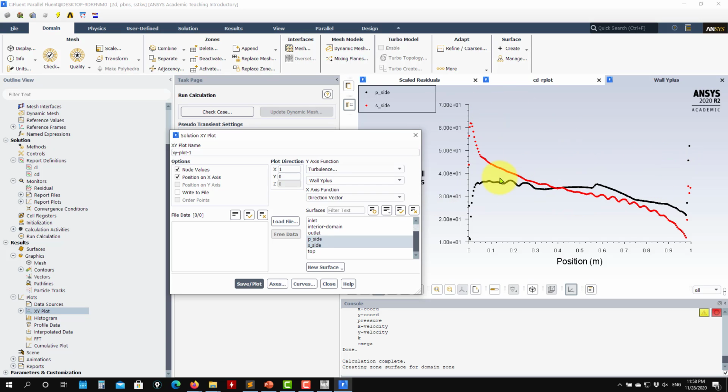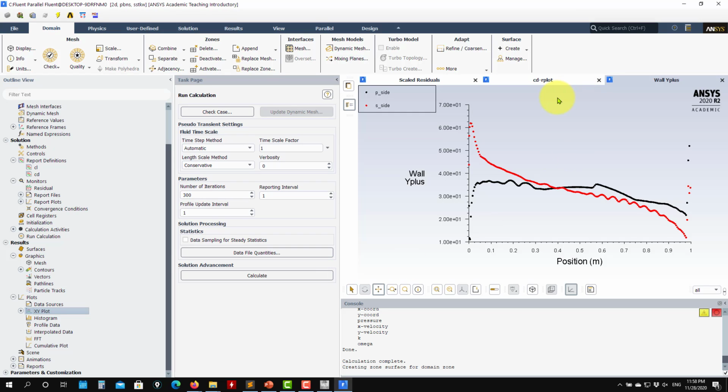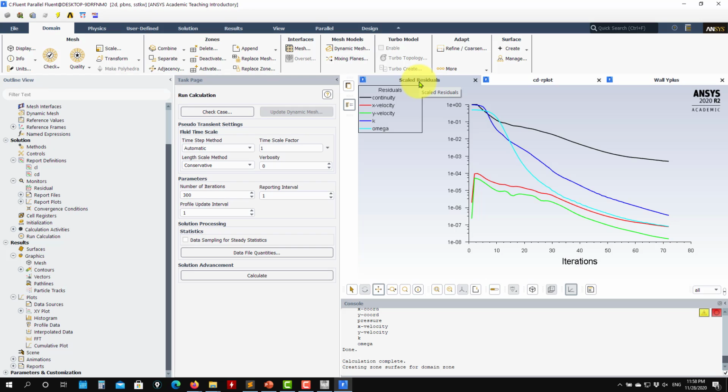So we are here using a model to resolve the boundary layer. If your Y plus is closer to 1, you are resolving the boundary layer. Later we're going to see that. So this is it. This is how you run a simulation. As you see, it's very complex. There's a lot to do to set up a case, but as soon as you understand the workflow,